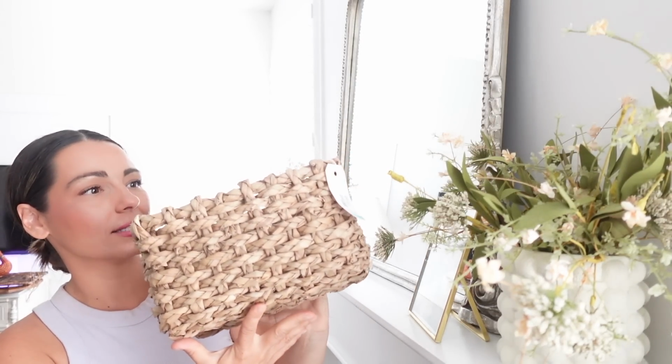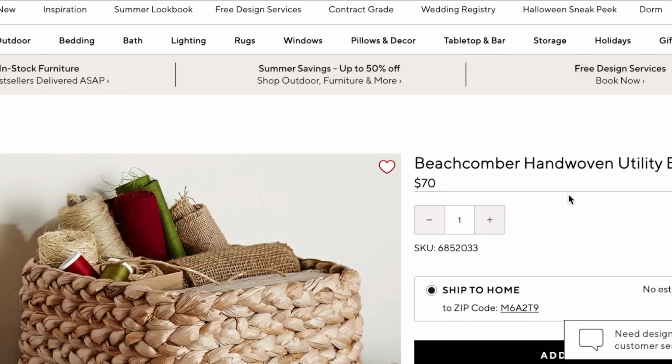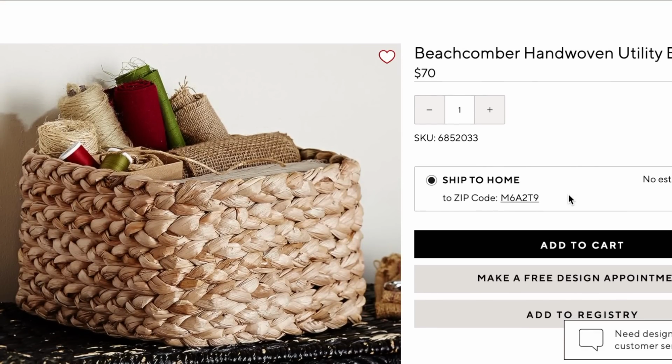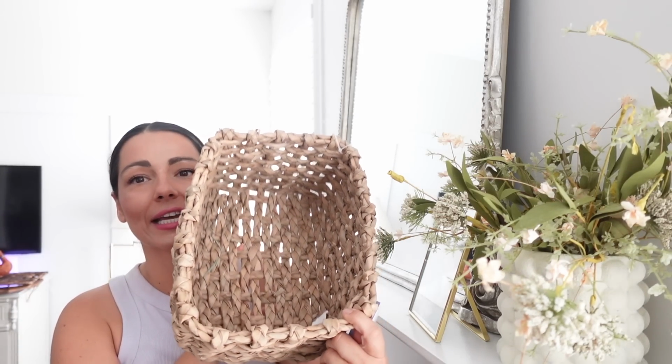So excited. The next piece of decor I found was this gorgeous seagrass basket. This is stunning. I love the color. I love the shape of it. And it's just so practical for me. It was $8.99, so a little bit more expensive. I did find something similar on Pottery Barn for way more, but it is in perfect condition. I've already been using it. It's in perfect condition, and I want to use this as a morning basket for myself. I can put my journals and my planners and all the things that I love to use during my morning